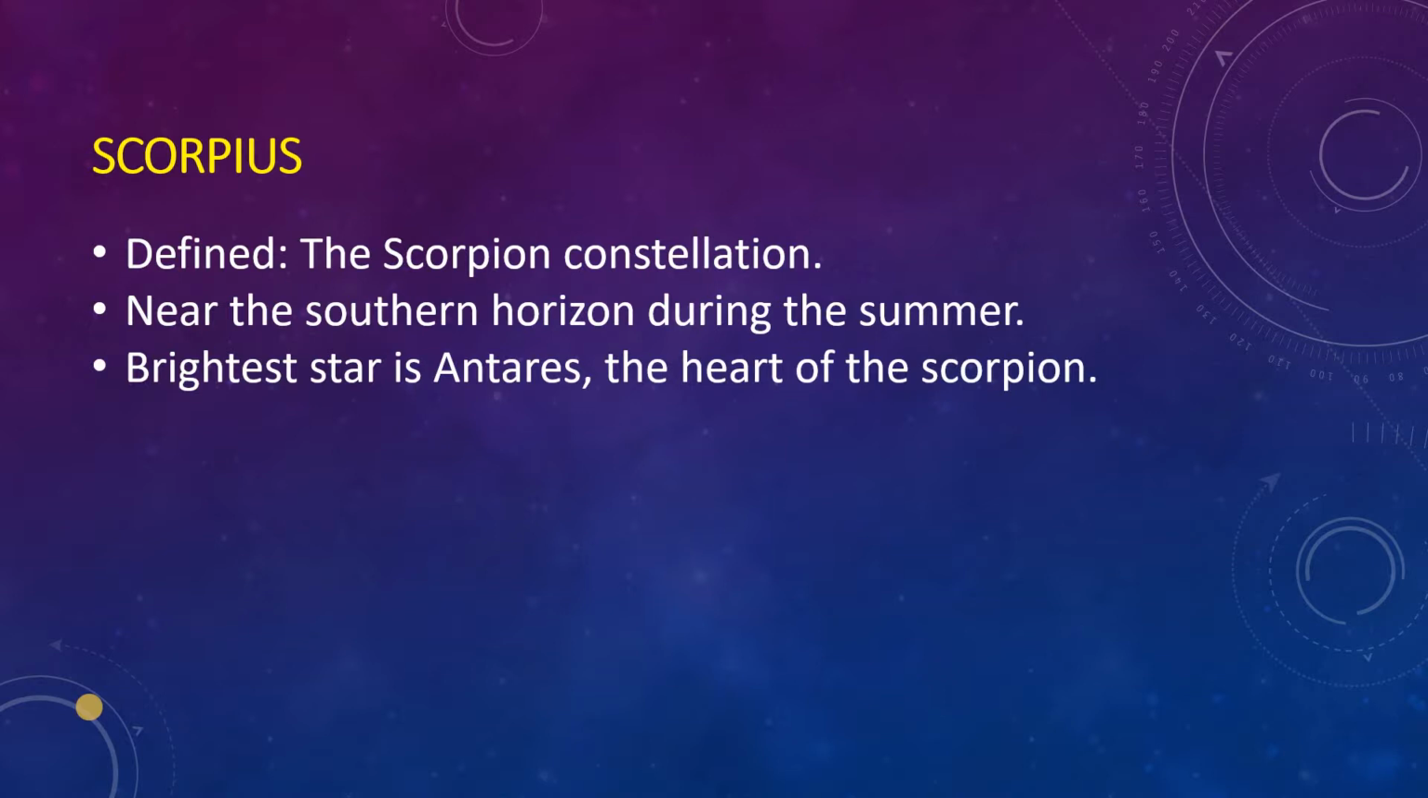The major star that you need to be aware of is Antares. In fact, if you see the word Ares, this was the god of war in Greece. In Rome, the god of war was Mars. So you'll notice the two words both mean war, really. The brightest star is Antares. In fact, it means the rival